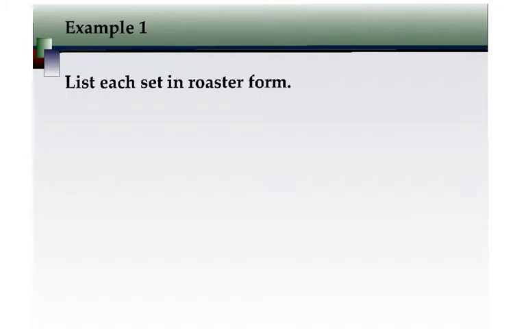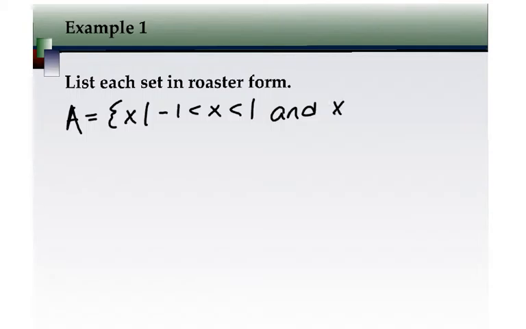Okay, so example 1, I'm going to give you a set and we're going to list it in roster form. So here's the set I'm going to give you. I'm going to say A is equal to the set of all elements x such that -1 is less than x is less than 1. And x,